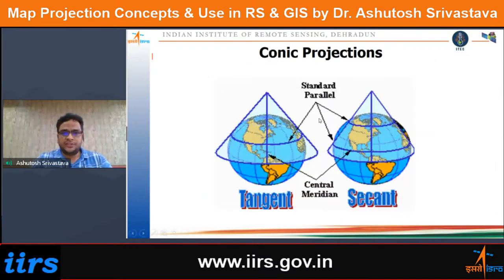In the conic projection, similarly, we have the cylinder and the cone. Okay, so the cone, if you see, if it is a touching case, only one line it is touching, so there will be basically one standard parallel, and when it is the second case, there will be two standard parallels. Okay,